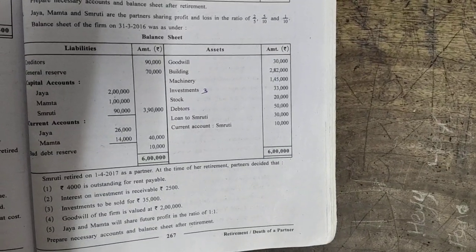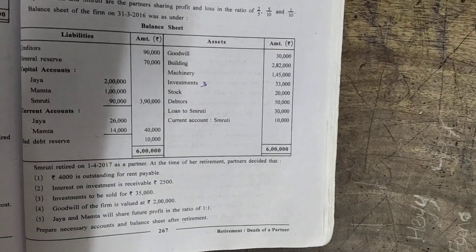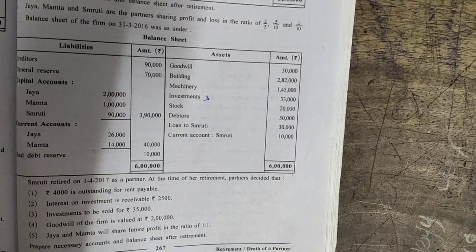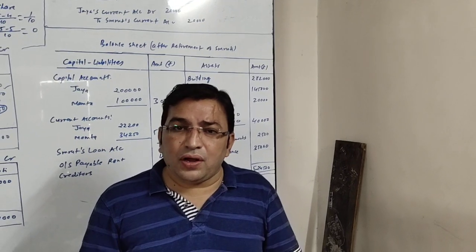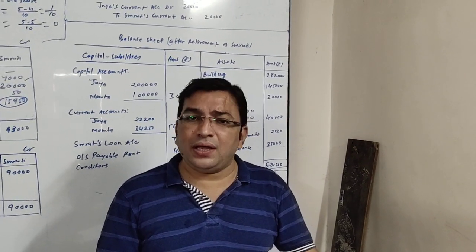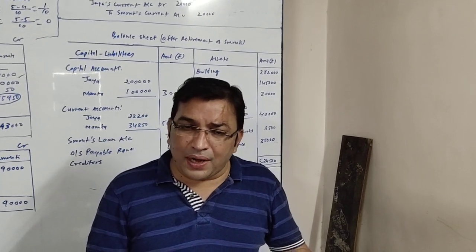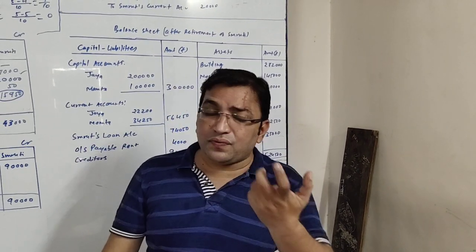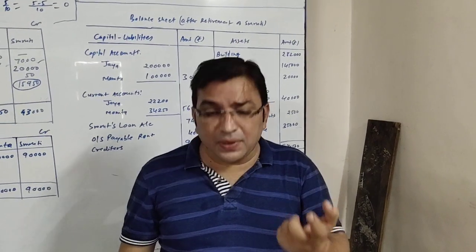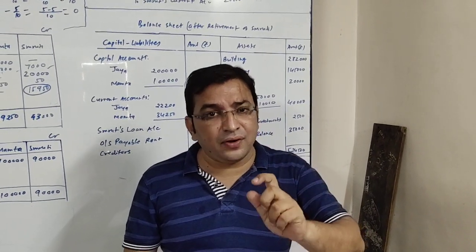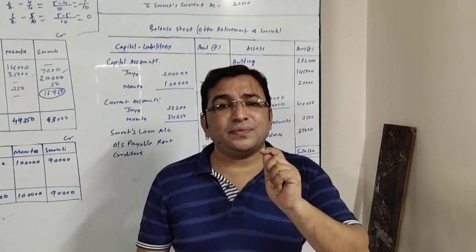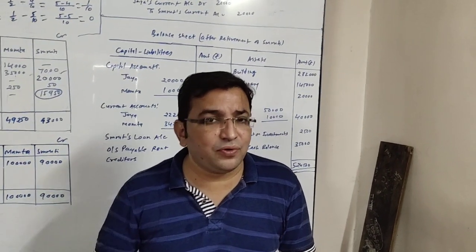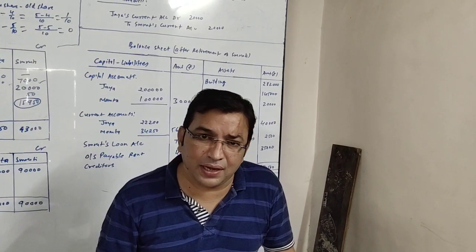Now we have already finished with the liability side of the balance sheet. We will continue with the asset side. Asset side first item is goodwill, rupees 30,000. Friends, this is the old amount of goodwill. It needs to be written off among all the partners in their old ratio. Old ratio we have seen, it is 4:5:1. The total amount of goodwill is 30,000. Now it will be written off. The only change is this will be written off against current account, meaning this will be debited to partners' current account instead of capital account.